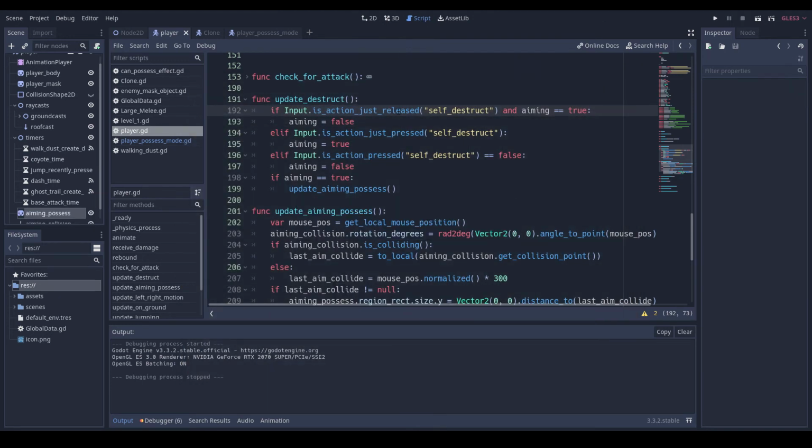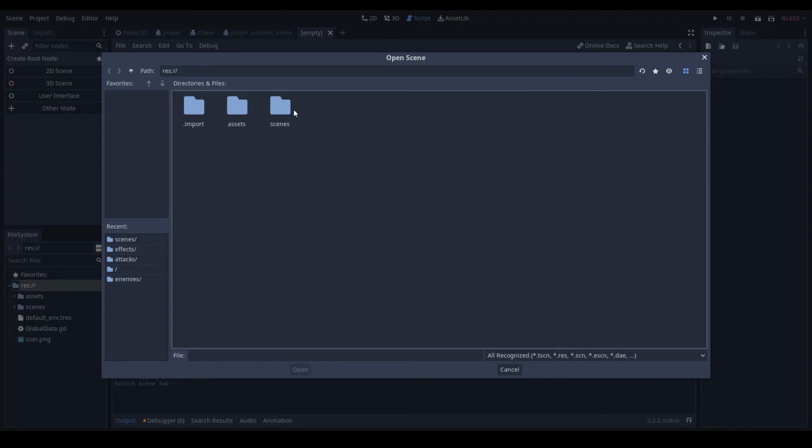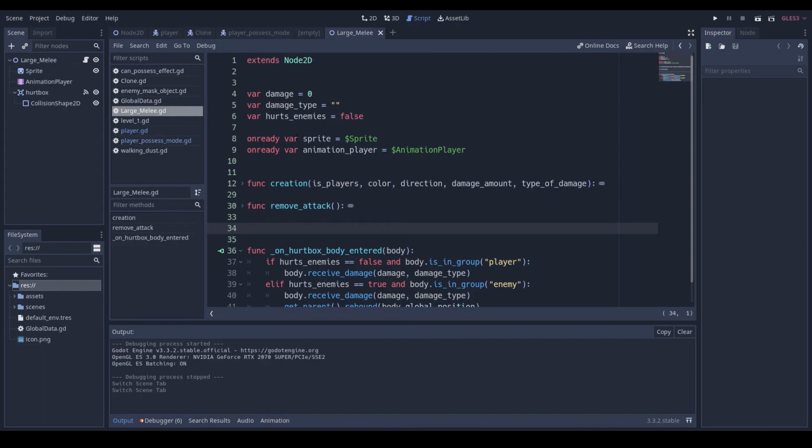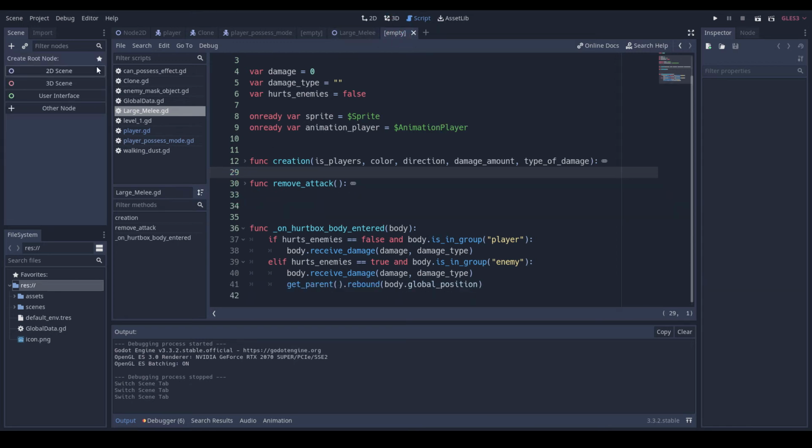Okay. So now we need to make another attack. I'm just going to open our other attack for reference. It's got damage, damage type. We don't need hurts enemies for this, and we don't need color. Don't need direction. Yeah, it should be a lot simpler. So we'll go